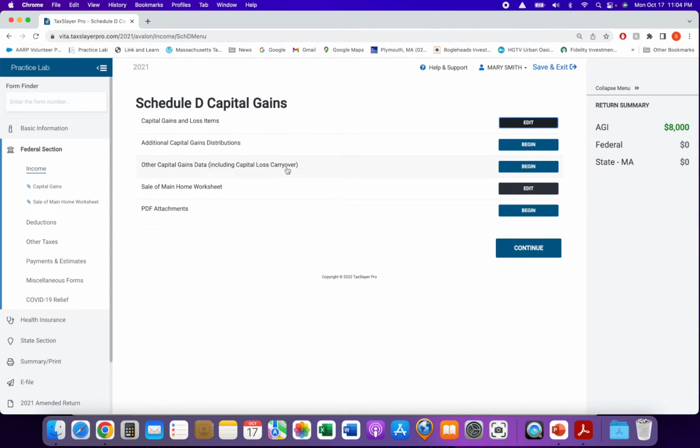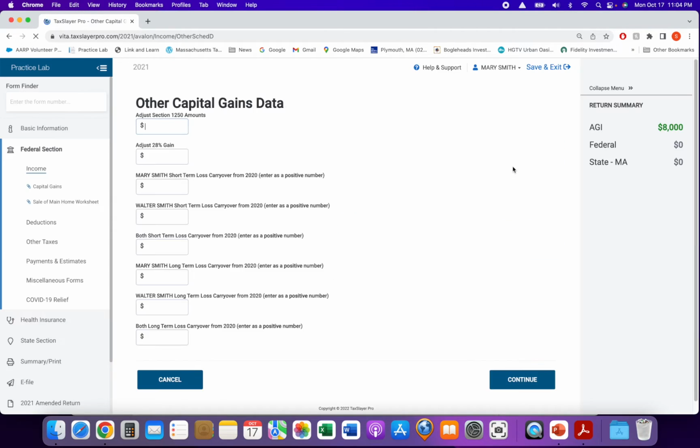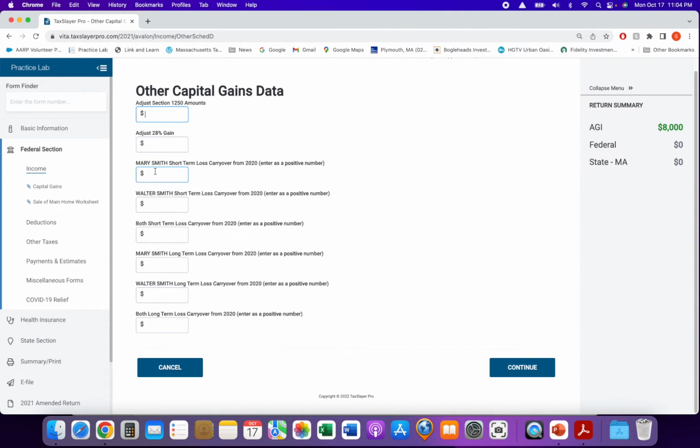I'm going to show now loss carryover, just so you can see the input menu. Over here, there are two different types. I didn't cover that, but you can have short-term loss carryover and long-term loss carryover. The first type is short-term. It isn't Mary's, it was Walter's. Let's suppose they were both joint last year. So it's a both short-term carryover. Let's suppose that was $4,000. And here's long-term for Mary, long-term for Walter, and long-term for both. Let's say that was